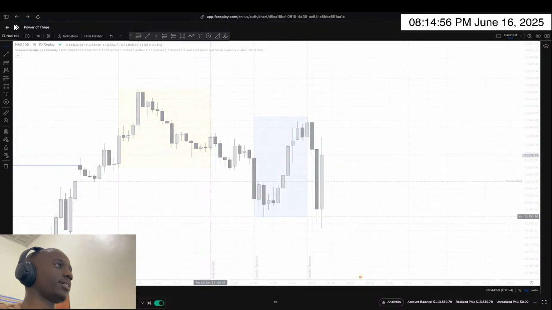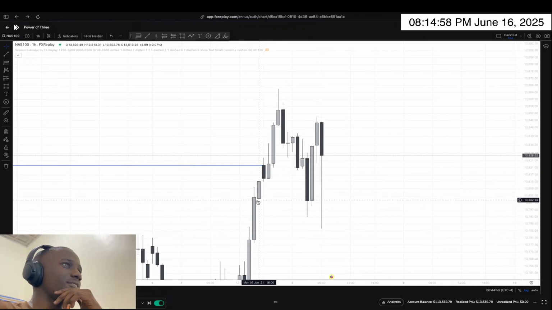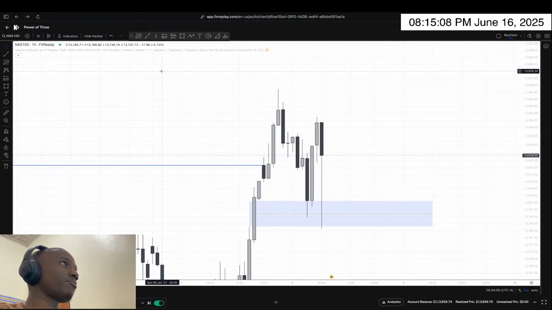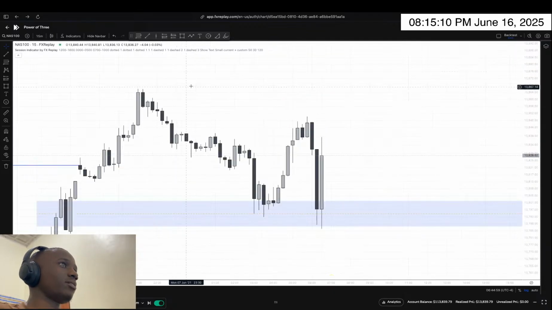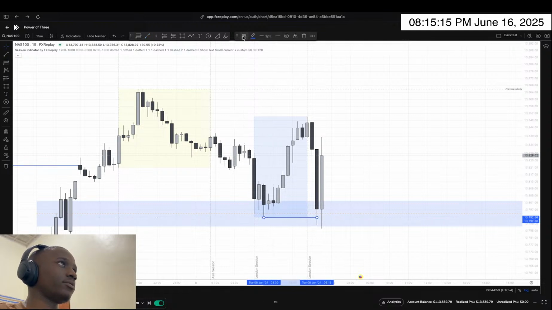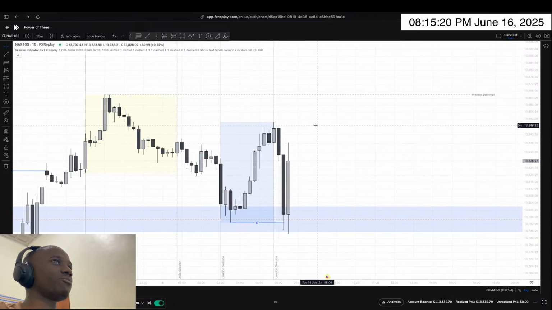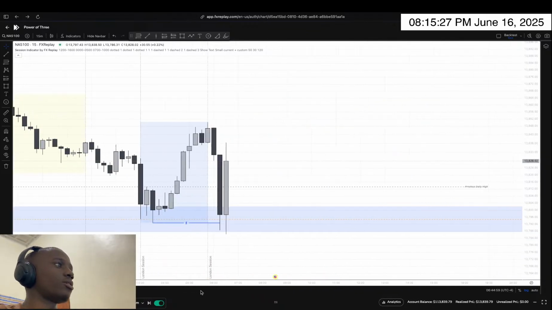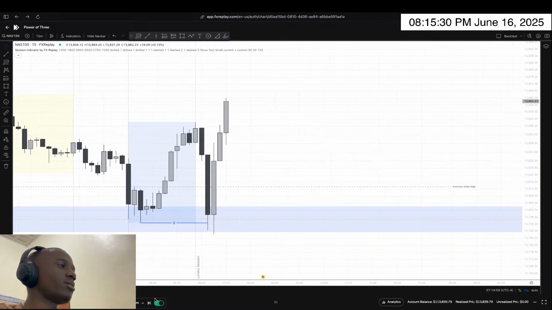Let's go to the 1 hour again. We have this good fair value gap from the 1 hour. I got the 15 minute. I would see this good sweep of liquidity, and maybe if we get a shift, then that's when we would start to look for entries and target the next buy side.